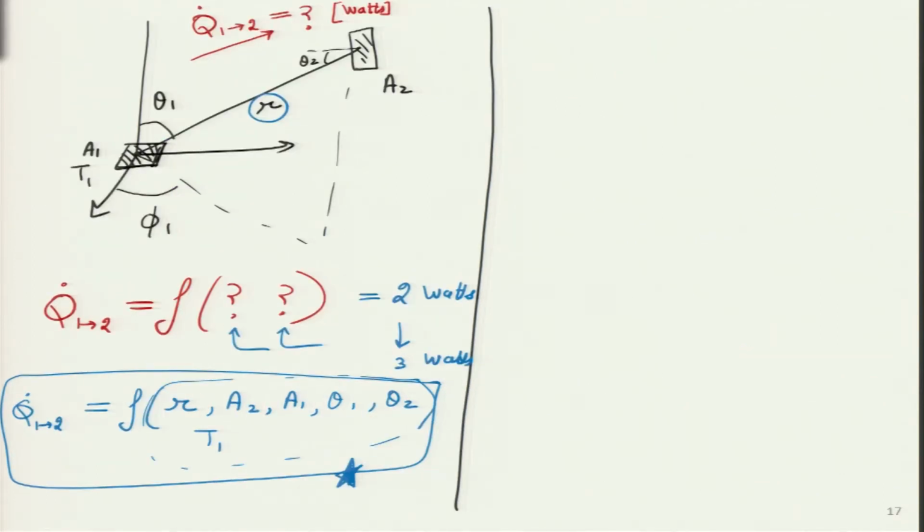Okay? I hope the concept is clear. We will see that in just a minute, but let me define one more parameter first, then we will come to all these 6 variables. We will put a blue double star over here, and then we will try and see how we got that particular expression. But first, let us define one more variable which is very critical, and that variable is the emissive power.